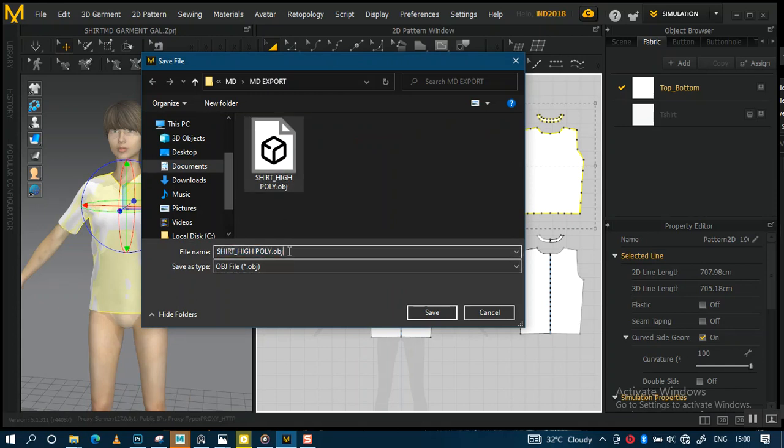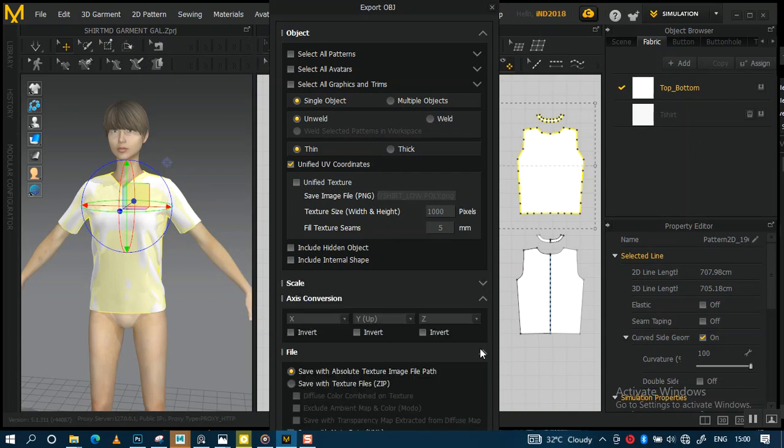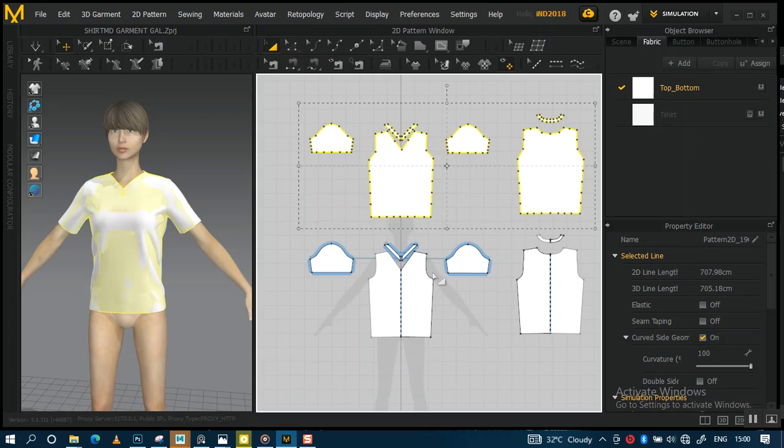Obviously, I'm sure you get the idea. We're going to name this low. So this will be low. Then we'll click OK on this, still using the same settings as before. We would click OK. Okay, so with this out of the way, I'm just going to go back. Alright, better still,